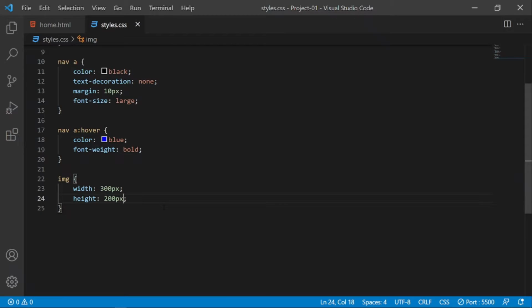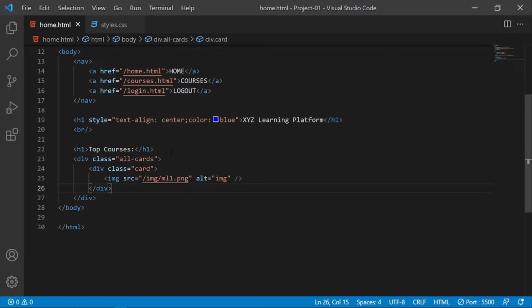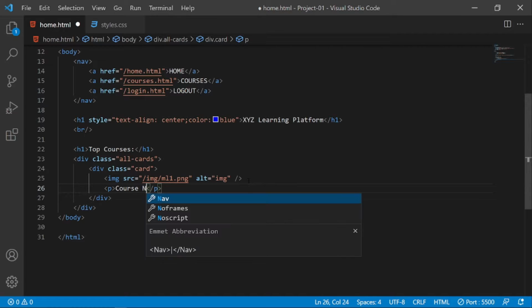the price here. Okay, we'll go to the home page, and below this we'll be adding the course title as well as the course price here. First we'll make a paragraph here, and inside we'll put the course title or course name.